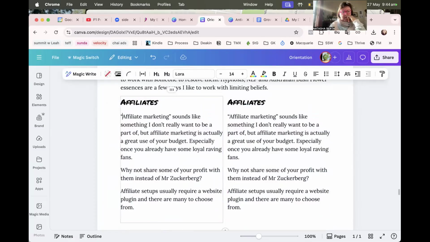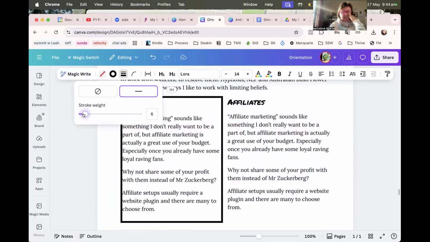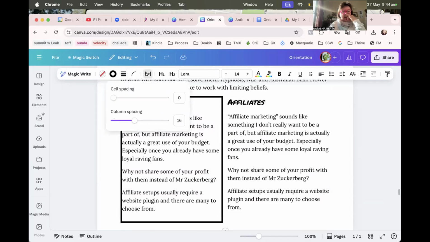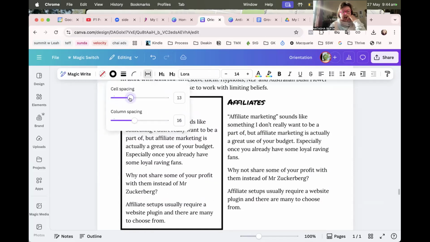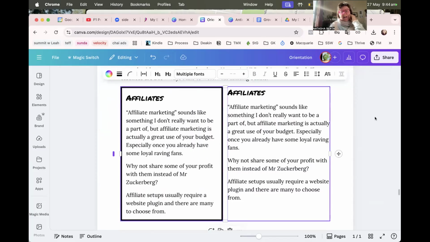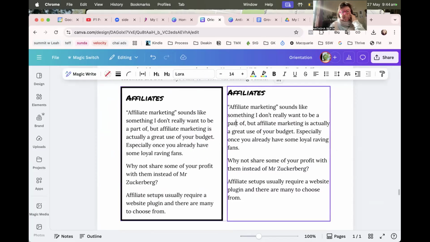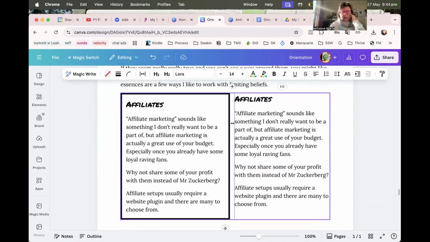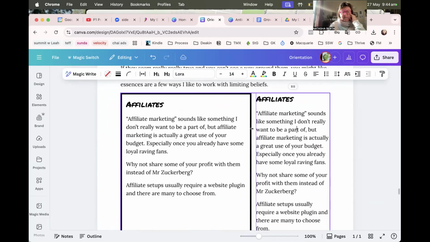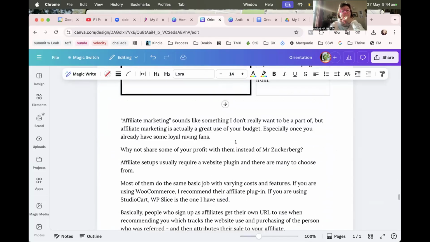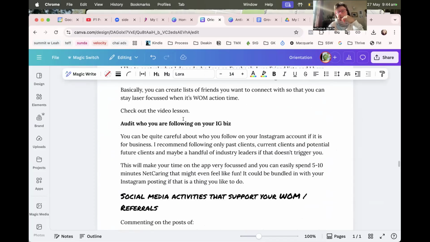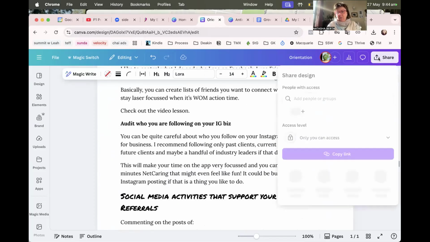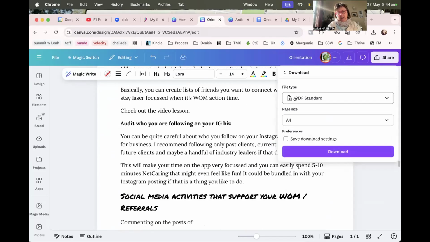We can probably put borders around them. It's a shame that there's no cell spacing. That's what we like. So we can play around and highlight things. Maybe we can put a picture in a second column. I wonder. Oh, look, we can change the sizing. We can do all kinds of fun stuff. So if you know your way around a Word document, you're probably going to really love this part of Canva. And again, we're just going to need to download it as a PDF